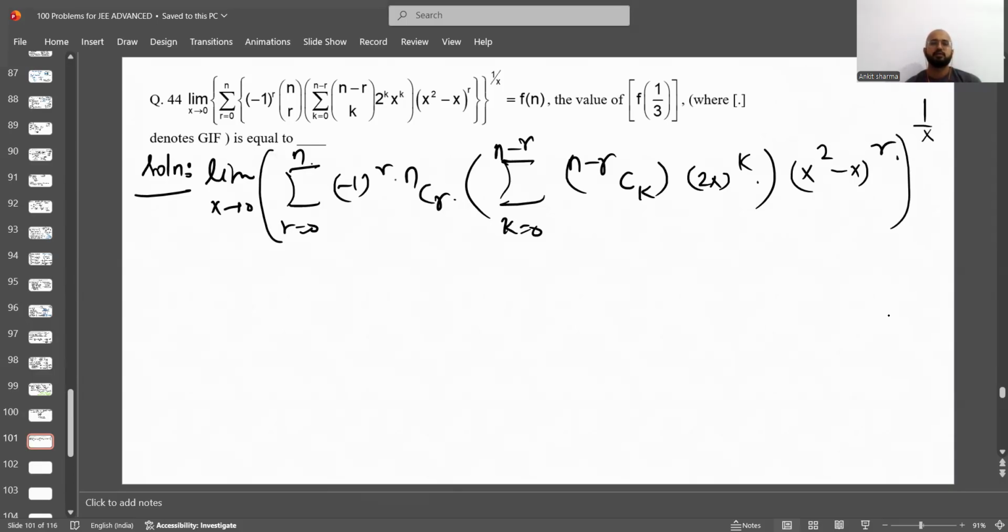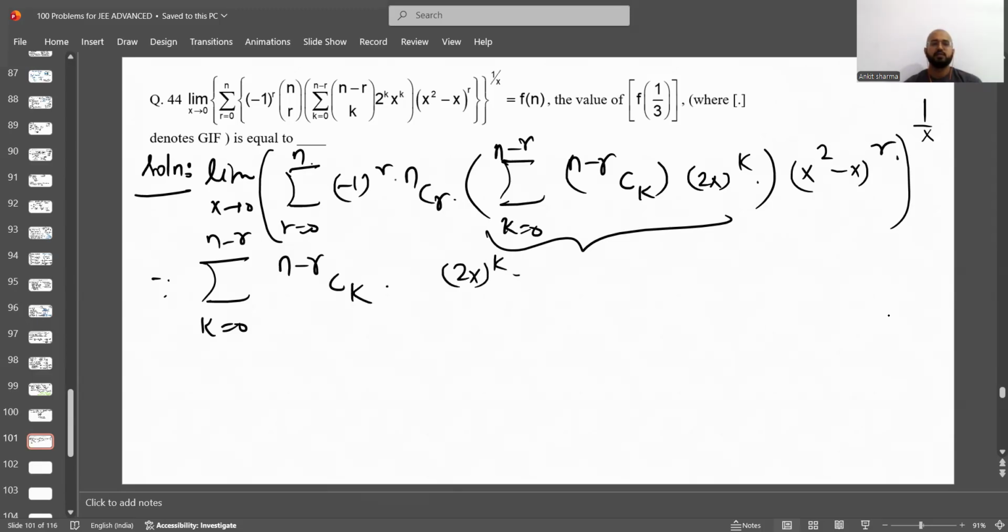It's 1 over x, because that's the limit. So now if I go and simply find out this thing first. Since sigma k is equal to 0 to n minus r, we have (n minus r) C k into 2x to the power k, which means 1 is missing here. So 1 to the power n minus r minus k we could write. Now this is nothing but